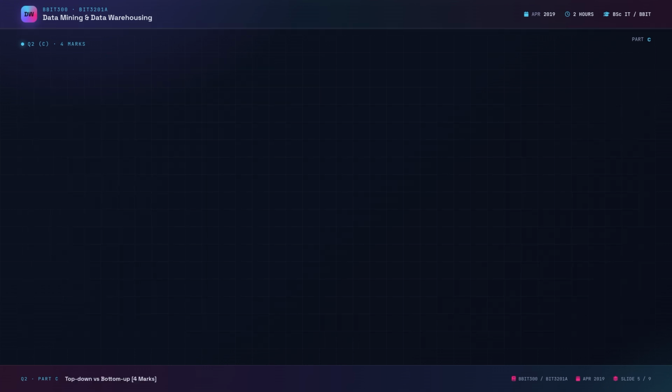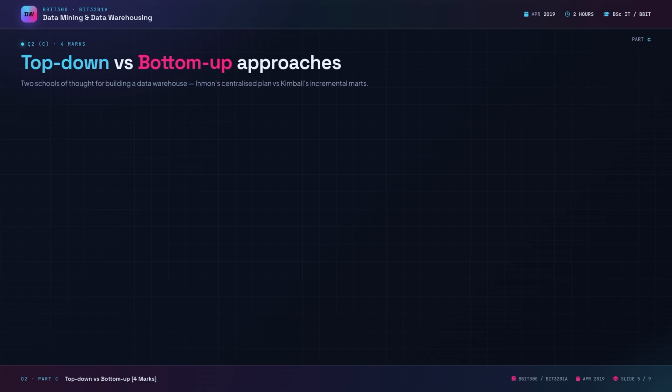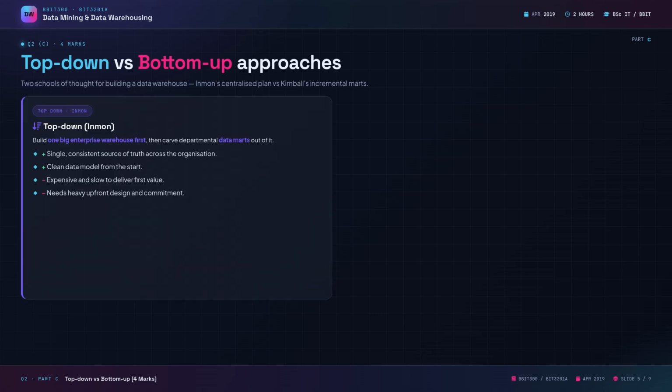Part C is worth 4 marks and asks you to distinguish the top-down approach from the bottom-up approach to building a data warehouse. These represent 2 schools of thought, Inman's centralized plan versus Kimball's incremental marts. The top-down approach associated with Inman builds one big enterprise warehouse first and then carves departmental data marts out of